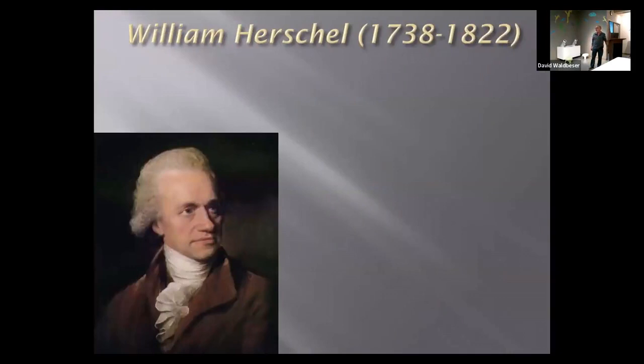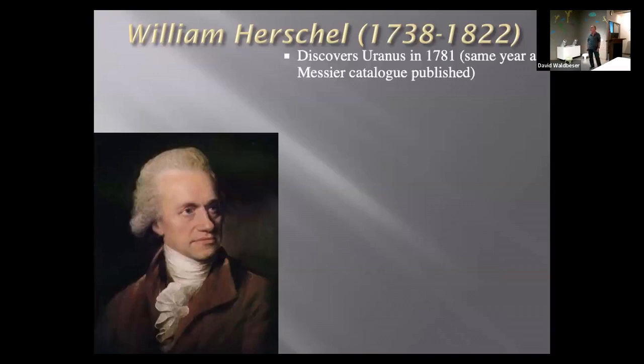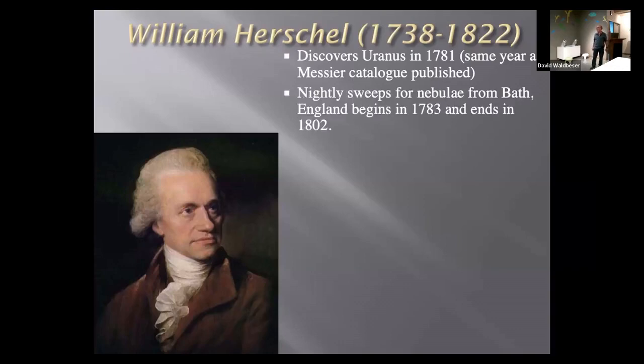The greatest visual observer of all time is, without a doubt, William Herschel, who becomes famous for being the first person to discover a non-naked eye planet, discovering Uranus in 1781. That's the same year the Messier catalog was published. And